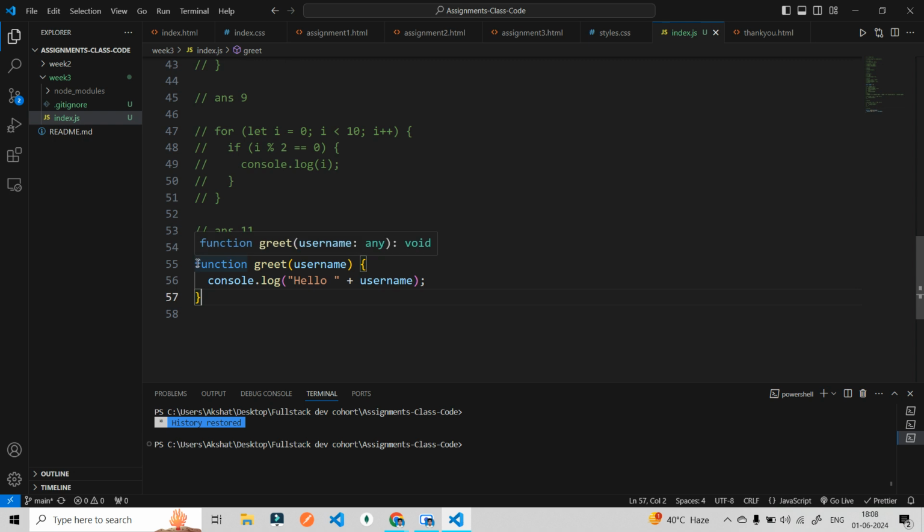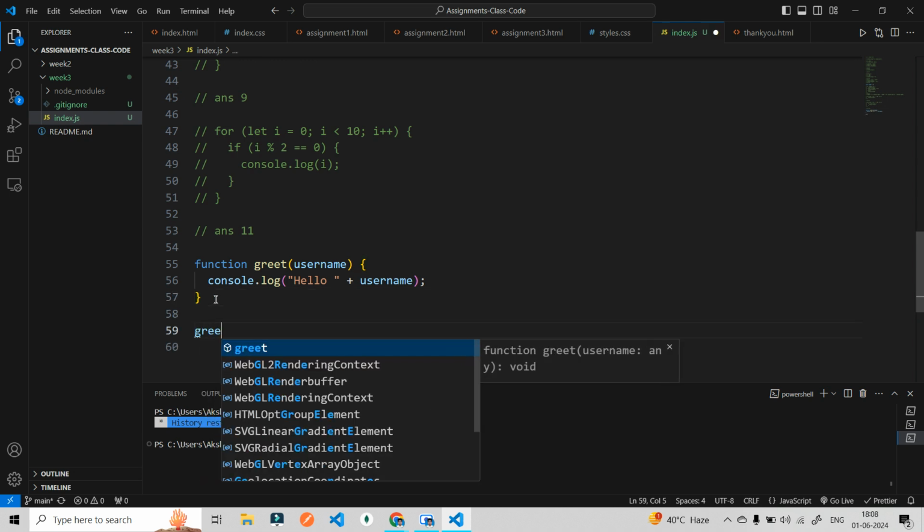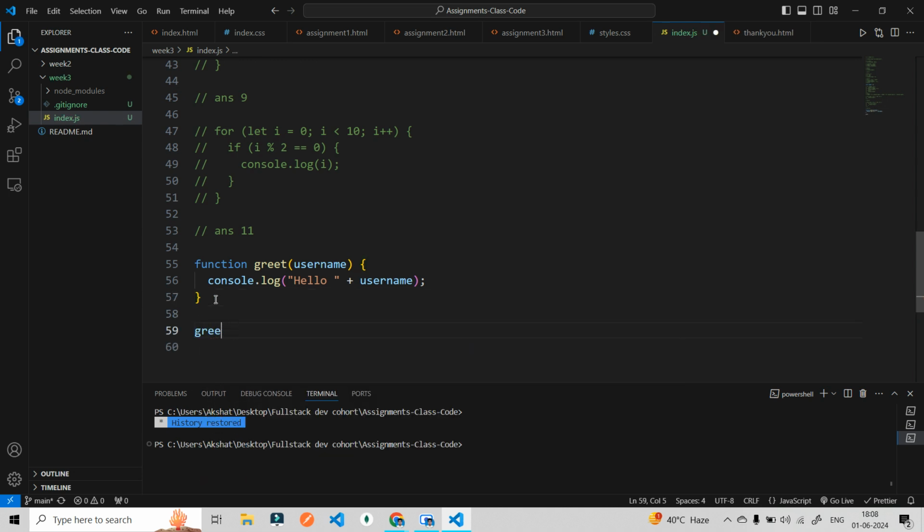So we start the function with the function keyword, and then we use the function name and whatever parameters we want to pass. We are passing the username here because we want to write something. So how can we run this particular function? Let's pass any name here. As simple as that. So let me write it. How are we going to run this JavaScript file? We use something known as node and index.js. Node is a runtime, and we are running this